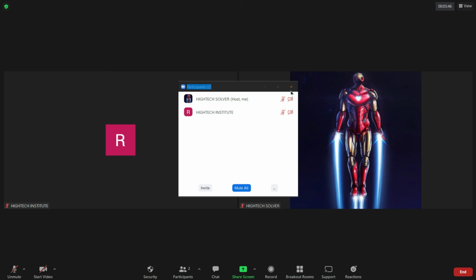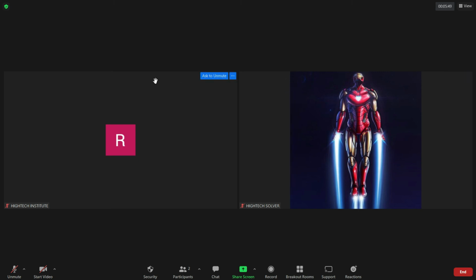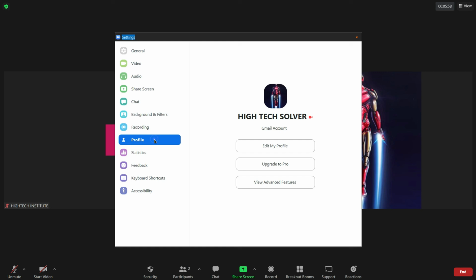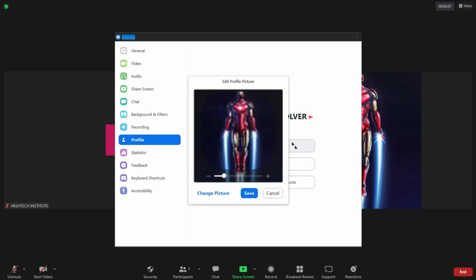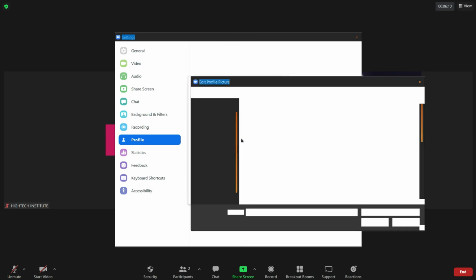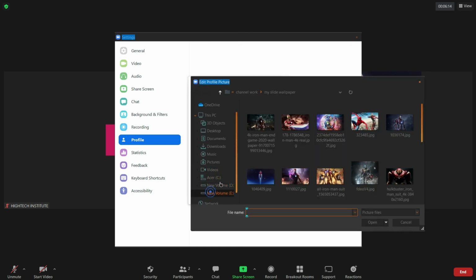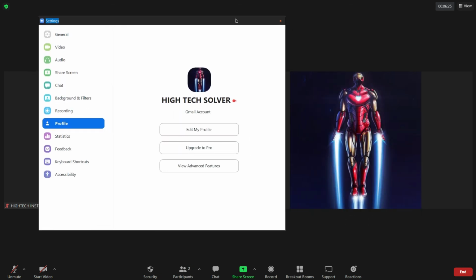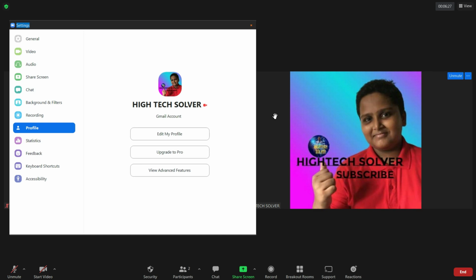And also there is another method to change this profile pic. You have to click this shield and this gear, and the settings dialog box will appear. Click this profile option and then click this profile picture, and you can zoom this and change the picture, and it opens the Windows file picker like this. You can change it, and you have to wait a few minutes till it updates, and you can see the profile pic is changed again.